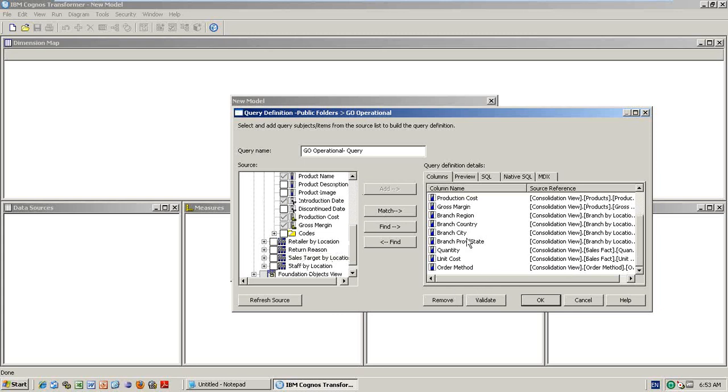And see, remember, if you don't want, you can remove it. That means if you click remove, it will come back. And if you want to validate it, if any issues are there, it will go. Click OK. And here, columns preview means it will show the data now itself.